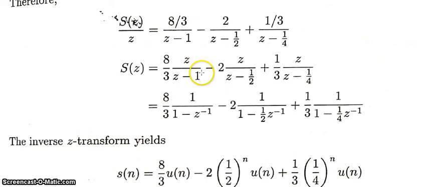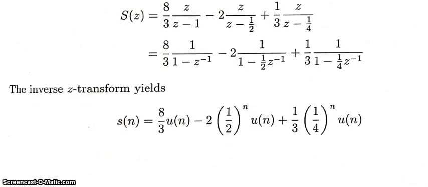So S(z), we have this expression again as we have done earlier. Then z is taken from the denominator term to express it in the standard form of the z transform, and the z in the numerator and the z taken outside the denominator cancel. Therefore we are getting S(z) in this form. Now if you observe, the three terms are standard z transform functions, and we can directly write the inverse z transform using the relationship.